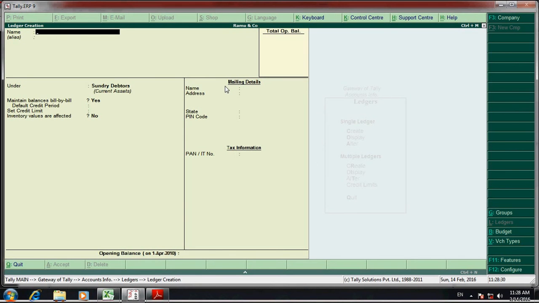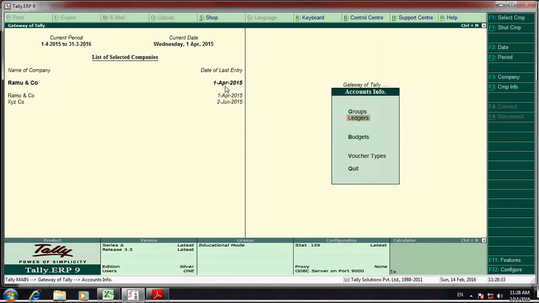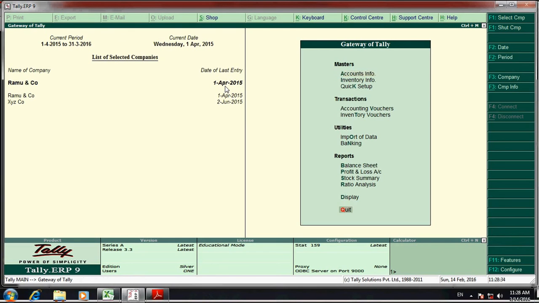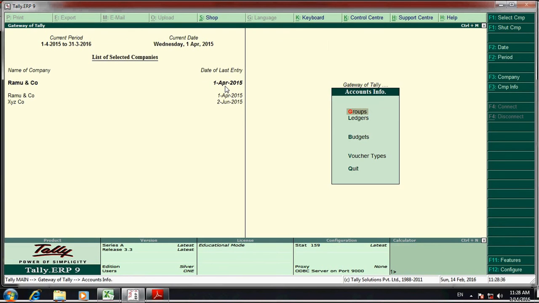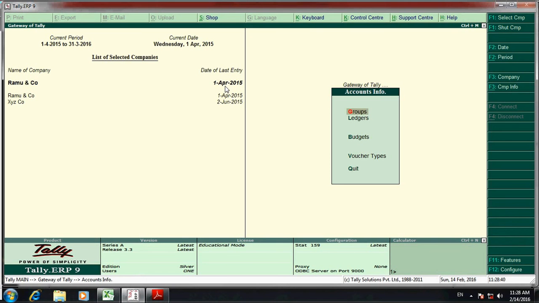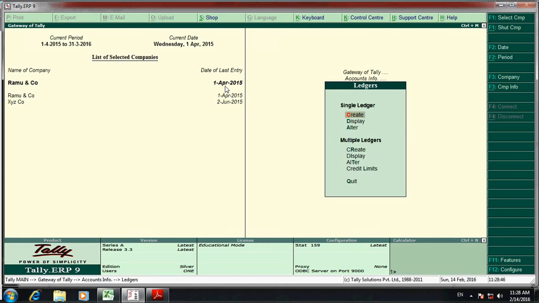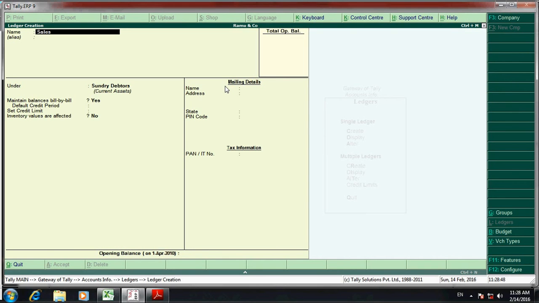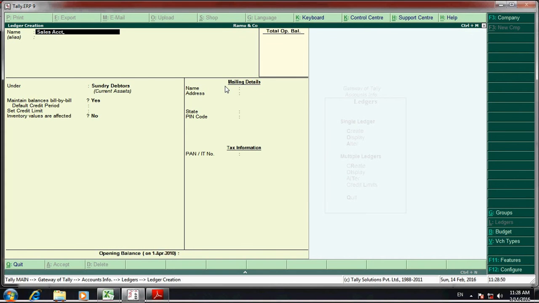Now create another ledger. You have doubt, go to accounting info. Accounting info ledger, create sales account.